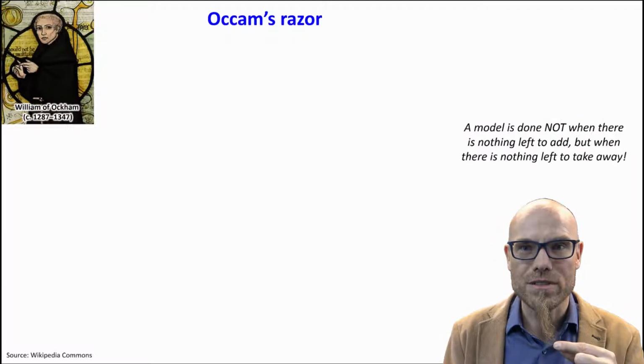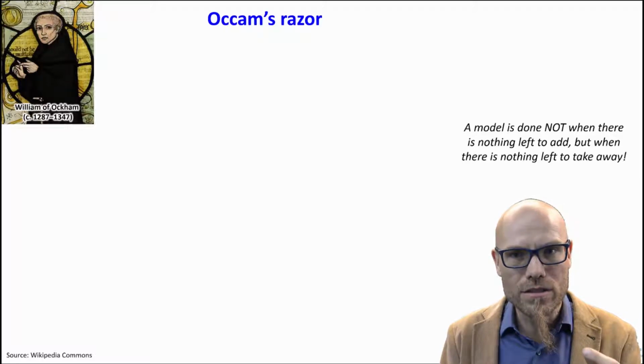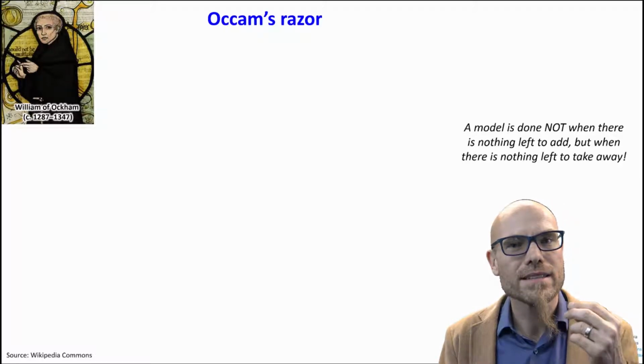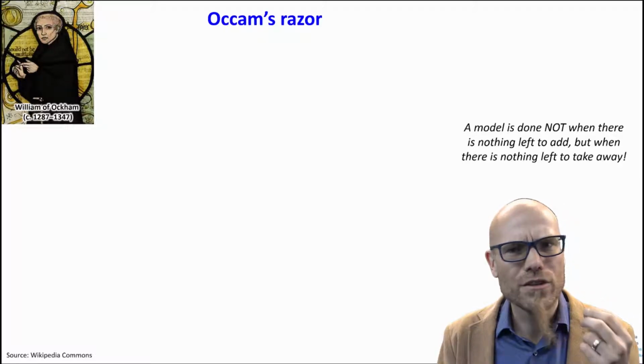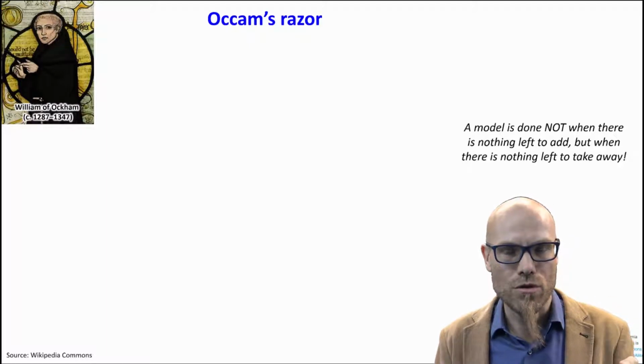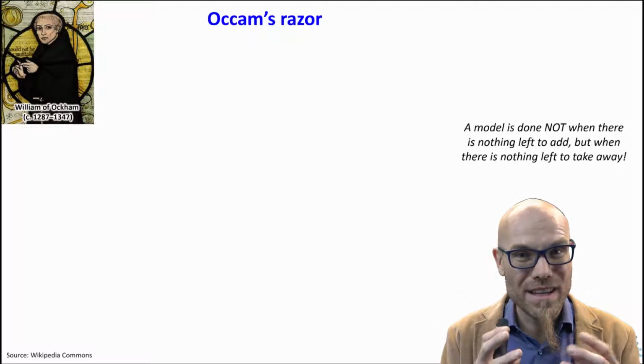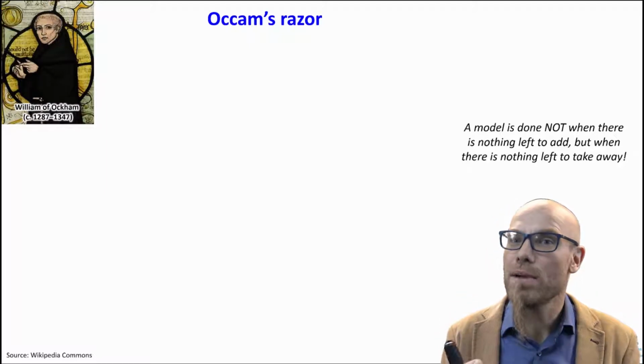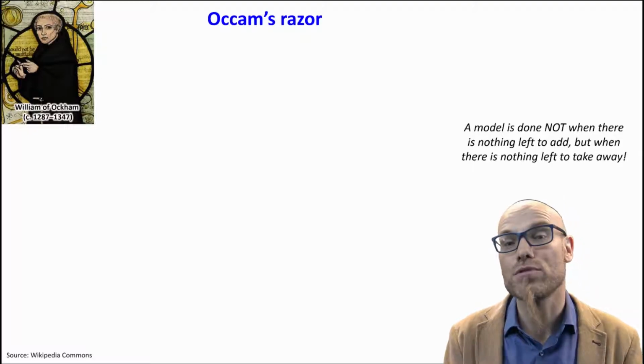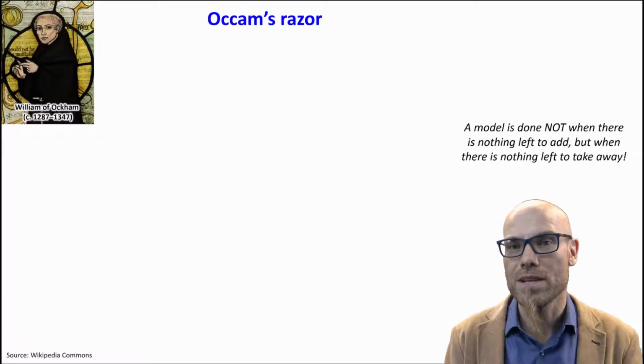That's the idea of Occam's razor. So the model is useful and done when it's as small as possible and you cannot take anything away anymore. So the question is not what do I have to add, the question is more what do I need, what's the sufficiency of things that I need to explain the phenomena I'm interested in and to make predictions or explanations about the phenomena I'm interested in.